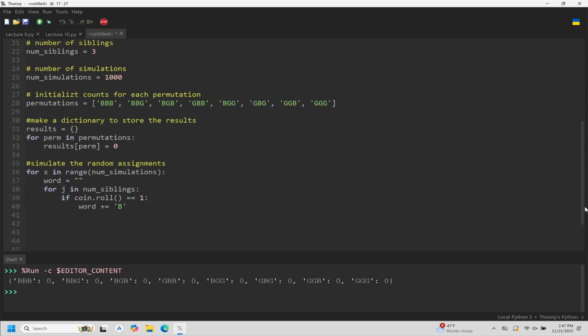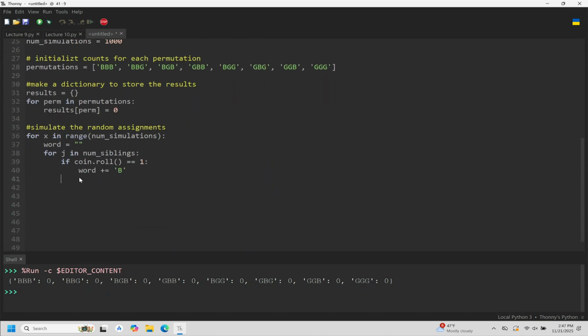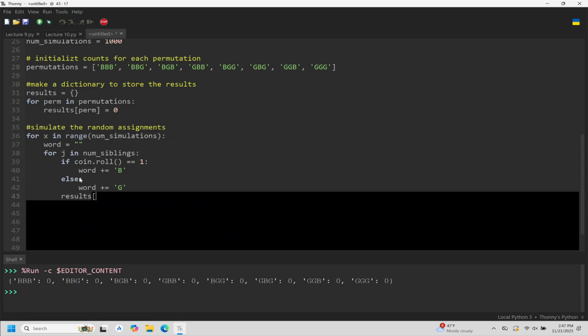Okay. All right. Else, then we're going to concatenate a B or a G. Else word plus equals G. Now I'm at the level of else. I don't want to be here, because what I want to type, and I'll go ahead and type it, is back a little bit. I'm going to untab this. So results at word